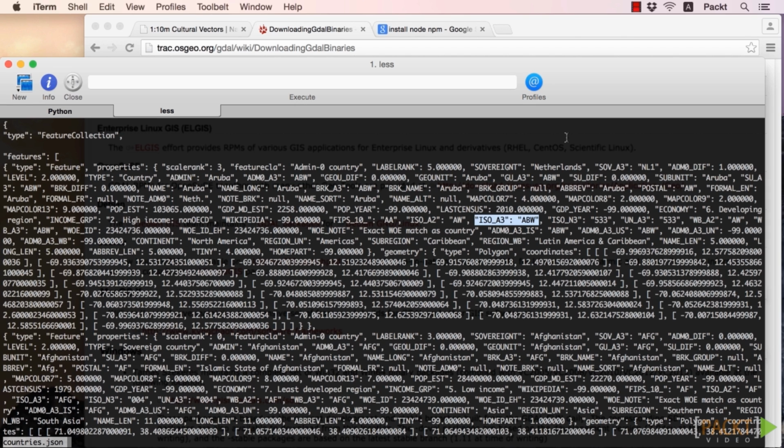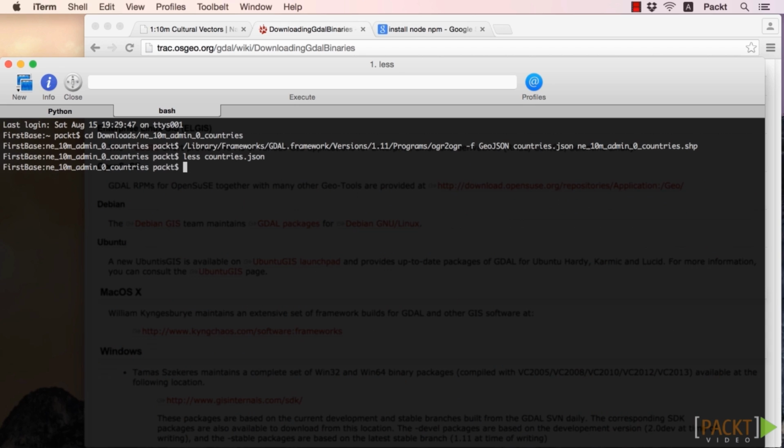Now there's one more optional step to make our lives much easier. That is to convert our large 25 megabyte GeoJSON file to hold just the information we need to display the countries. We do this using the TopoJSON program, a tool created by Mike Bostock that eliminates redundancy, resulting in a much smaller file. The installer for TopoJSON relies on Node's package manager, or NPM. Most web developers have this as one of their tools in their toolbox. So if you don't have it, there are plenty of websites out there that tell you how to get it